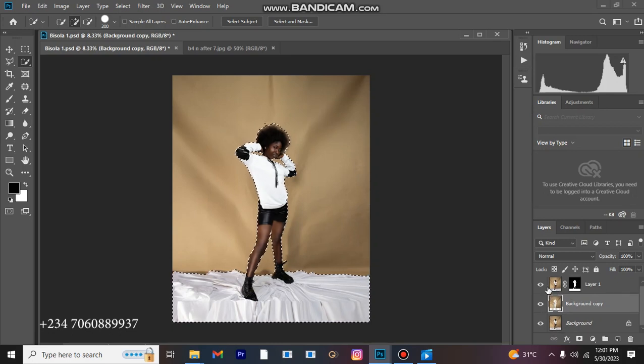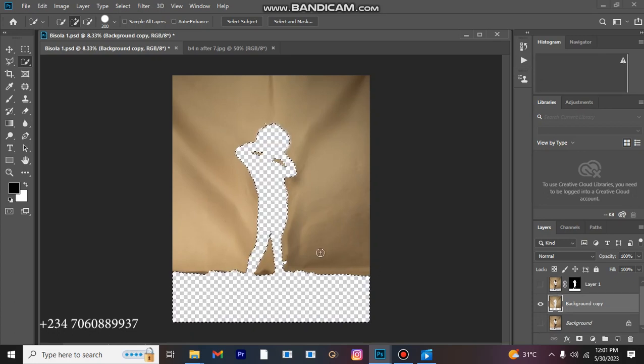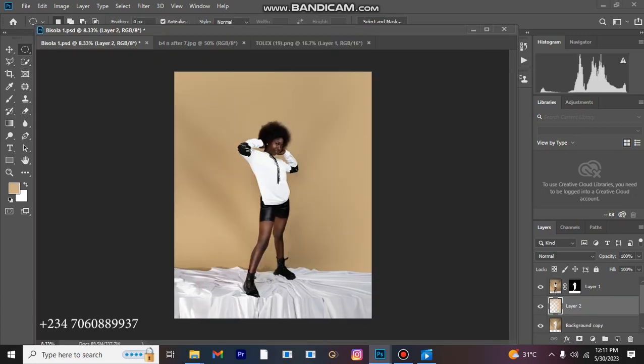How do we know? Let's turn off this model layer and turn off our original layer, which is the background layer, so you can see what you have. So Ctrl D to deselect. Okay, so let's turn on the background layer, but let's leave this one on. Okay, since we are done with the cleaning of the background,